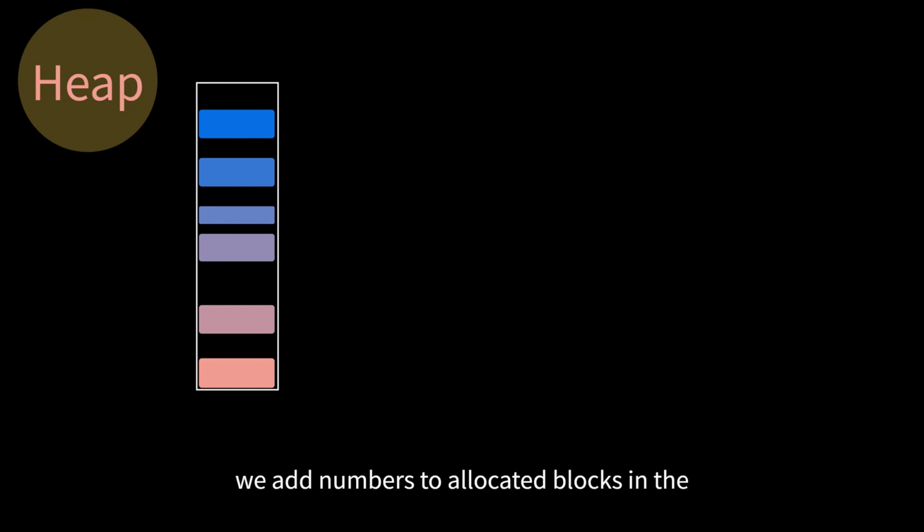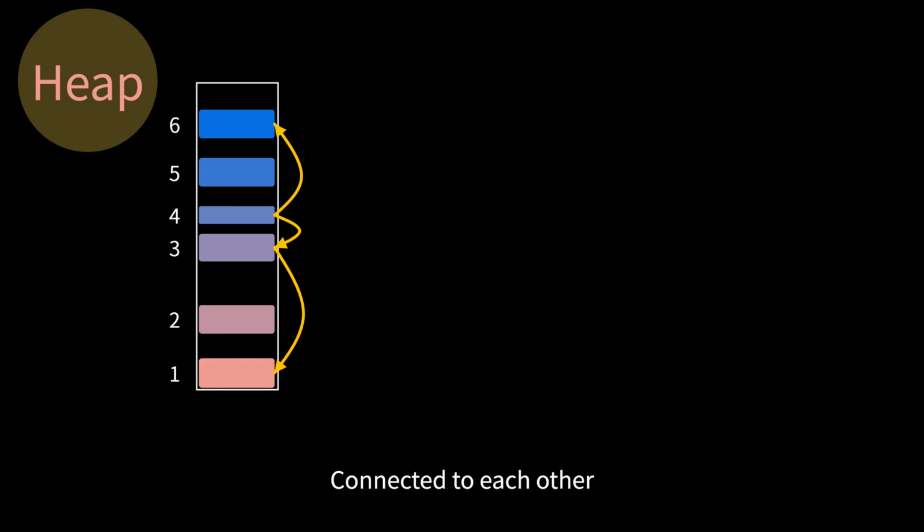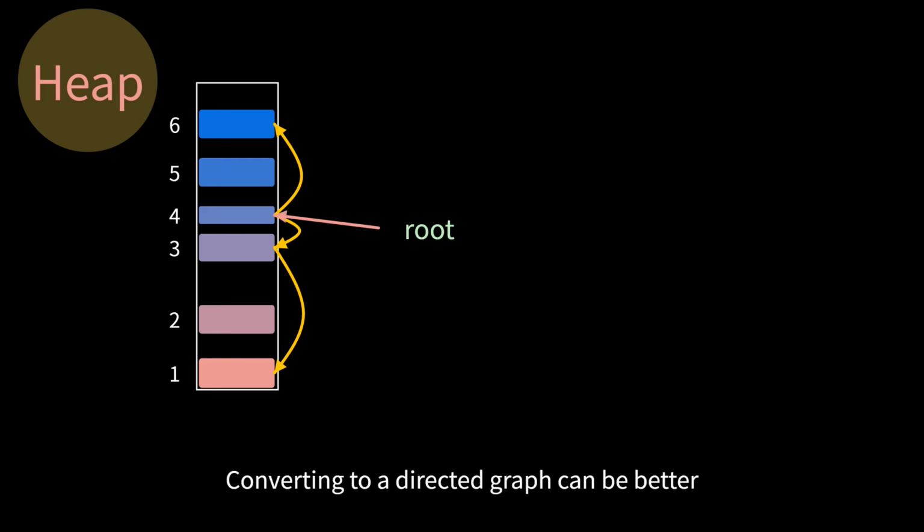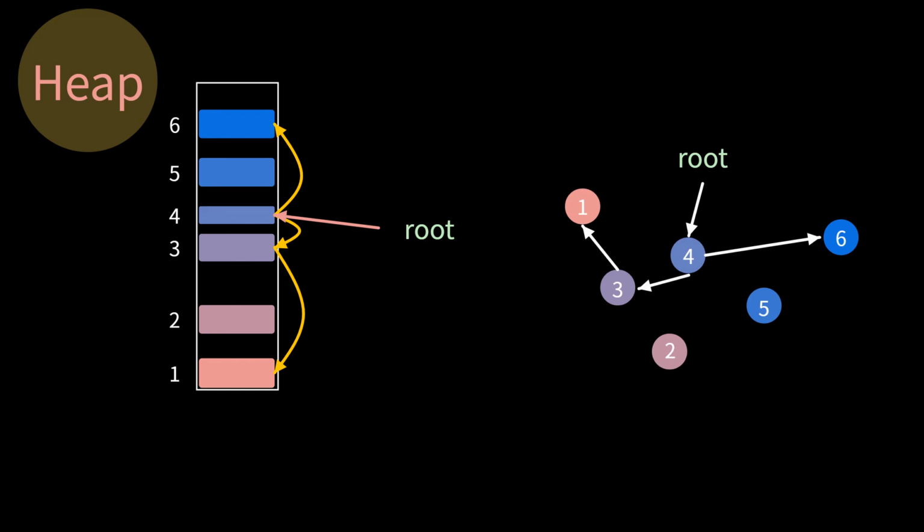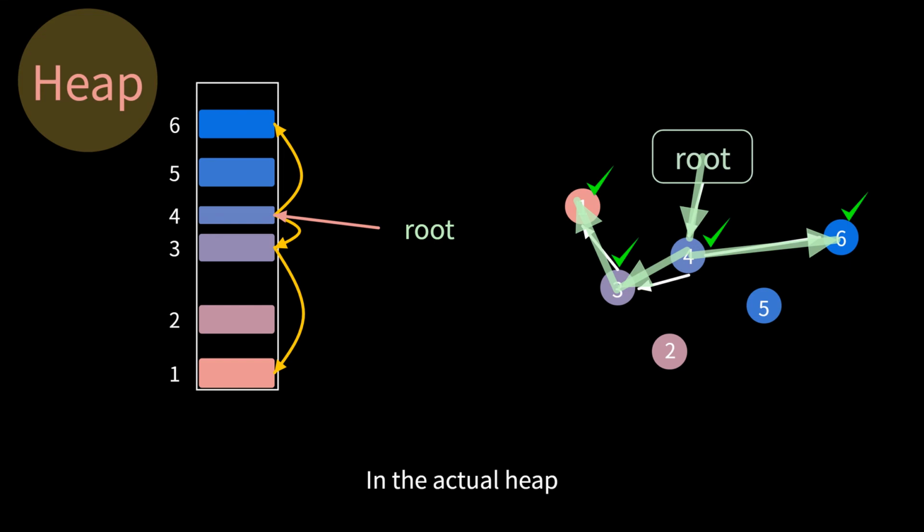Specifically, we add numbers to the allocated blocks in the heap, connected to each other. There are one or more root nodes pointing to block 4 outside. Converting to a directed graph can be better understood. The first step is to start from the root node and follow the connections to traverse all reachable heap blocks and mark them. In the actual heap,